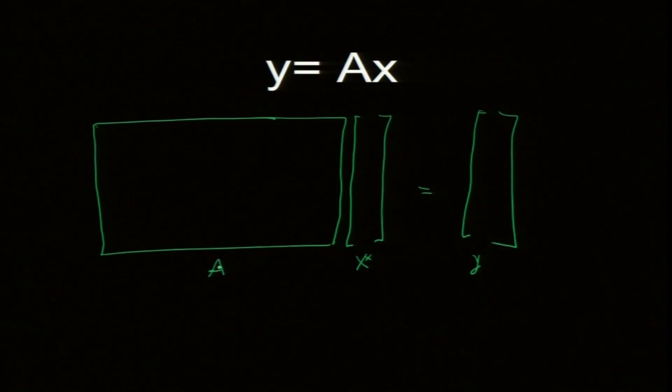So, I want to use two processes for this operation. What do you recommend? Okay, which one? A. Great. So, very good. So, A should be divided into two parts row wise. Why? Because I am going to take X and put it horizontal and multiply.